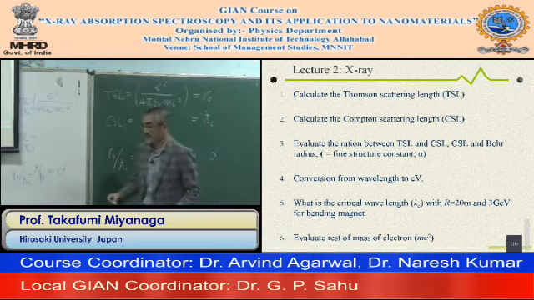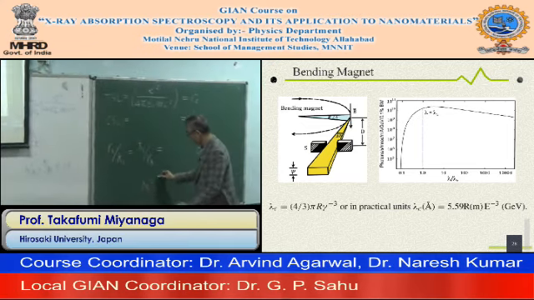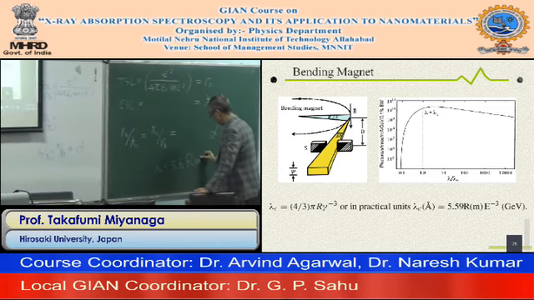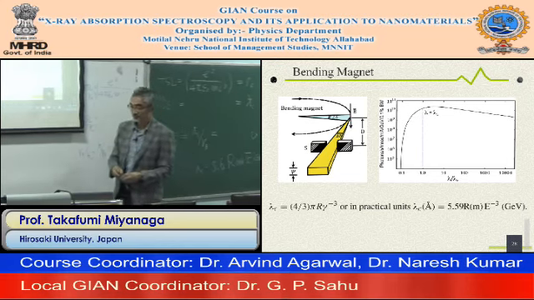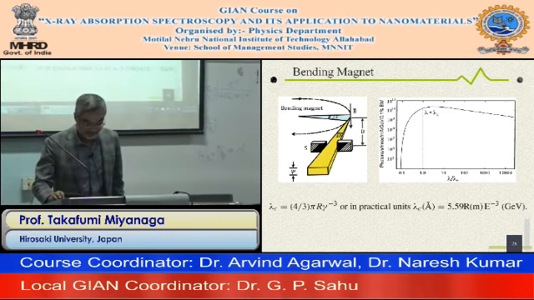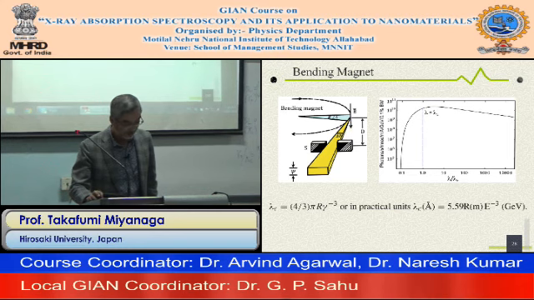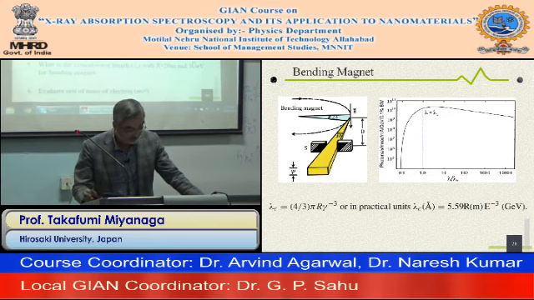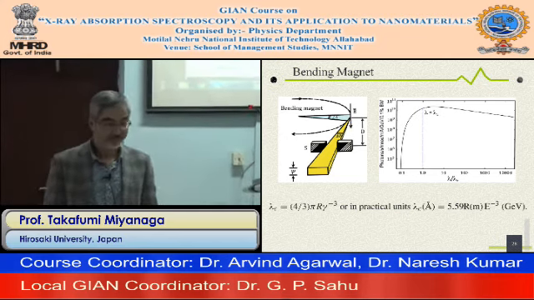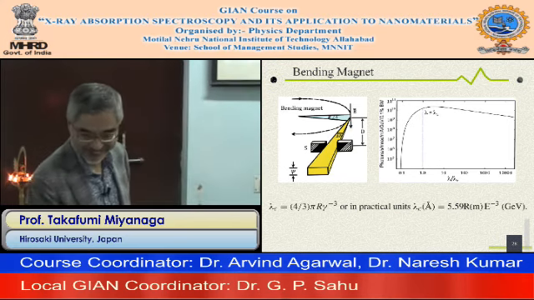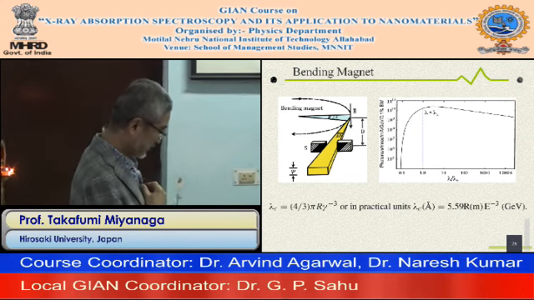The lambda c is the critical wavelength. 5.6 meter and A J. Okay? Tutorial. Training of the